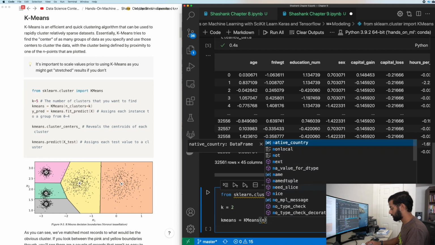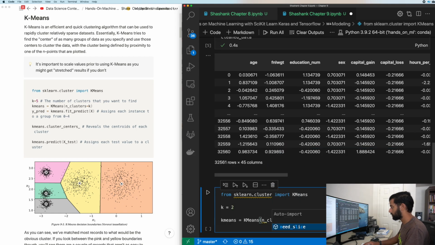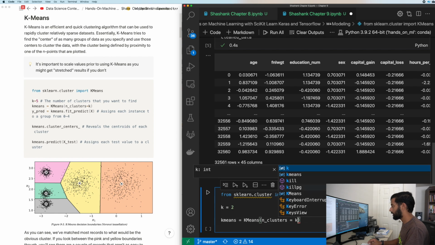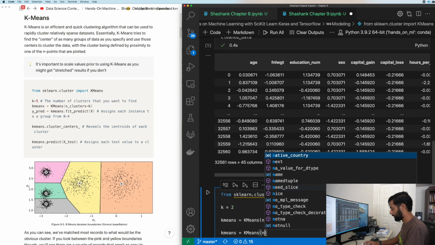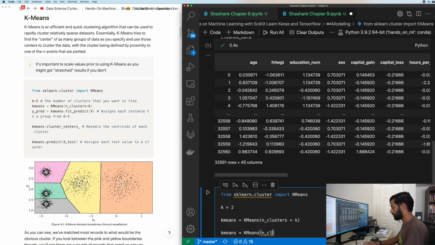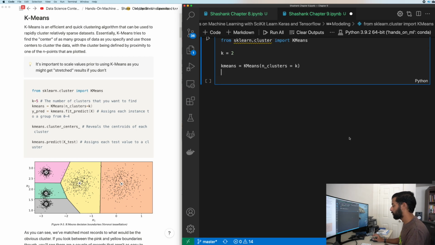No, n_clusters equals k. Oh, sorry, I'm just copying that line again. Let me focus a little bit.